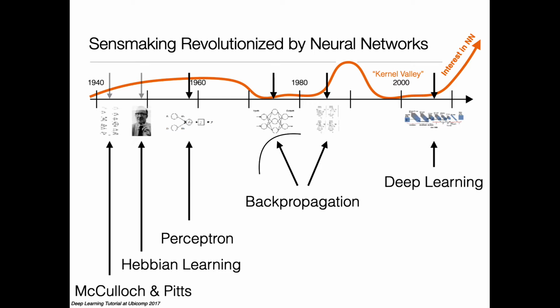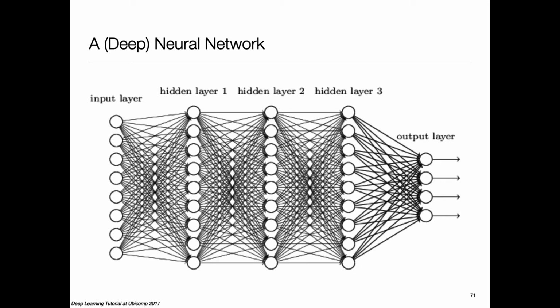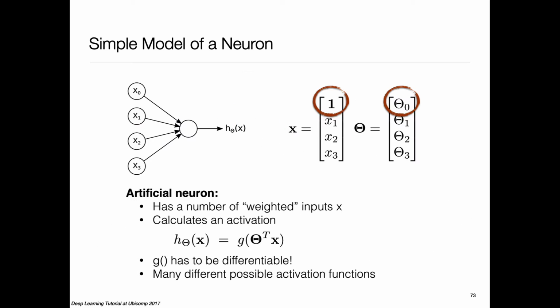But then around 1960, this concept of the perceptron, or multi-layer perceptron, emerged. They looked like this: multiple layers of fully connected neural networks, where, as we had discussed a little bit earlier, each neuron takes a linear sum of inputs from all neurons from the previous layer and then subjects it to a nonlinearity and adds a bias to it. So for each neuron you have as many parameters as the number of predecessors it has, plus one more for the bias.